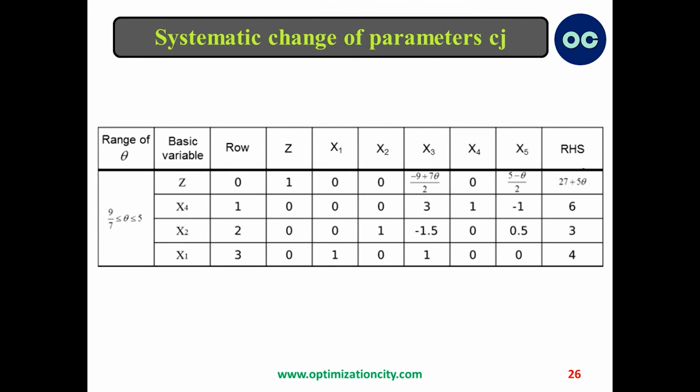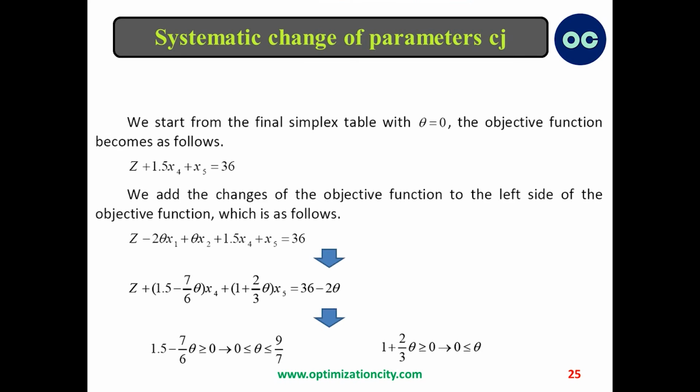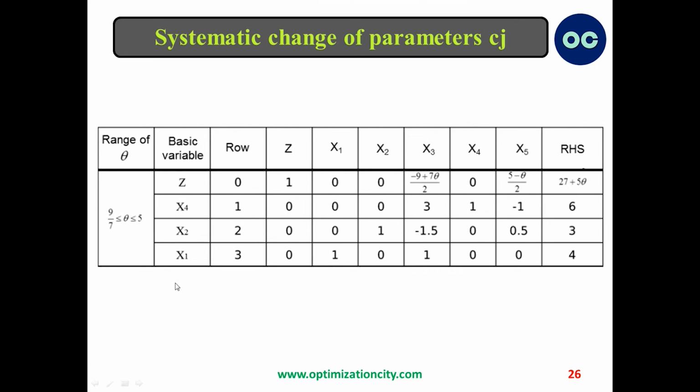Hence, if theta becomes greater than 9/7, we select x4 as the incoming basic variable because it has a negative coefficient in the objective function. A new optimal solution is obtained using the primal simplex method. The new simplex table with x4 entering the base and x3 leaving the base, based on the ratio test, is